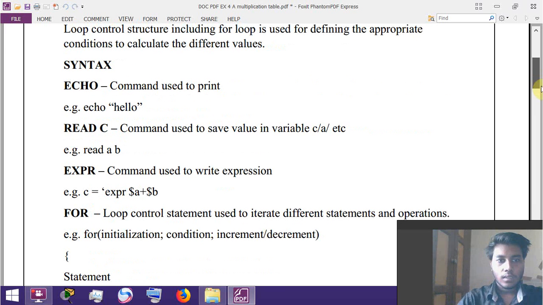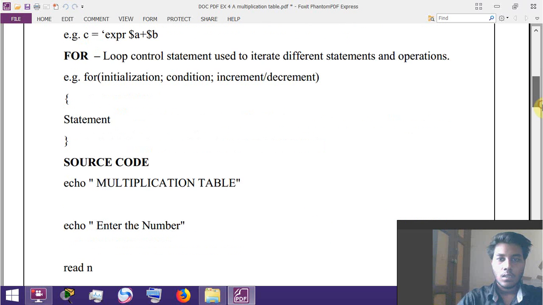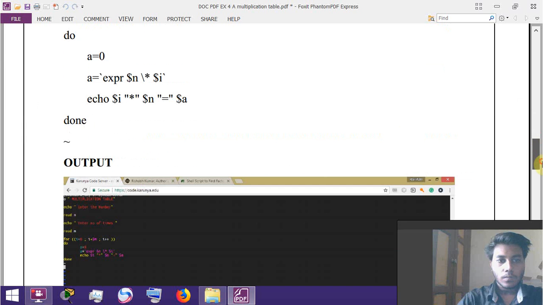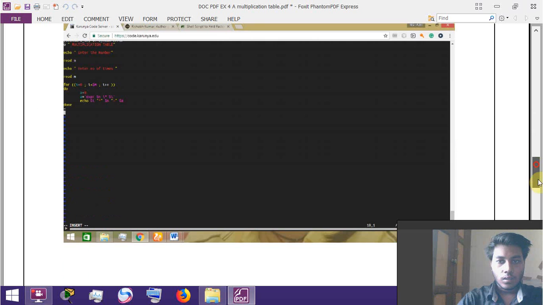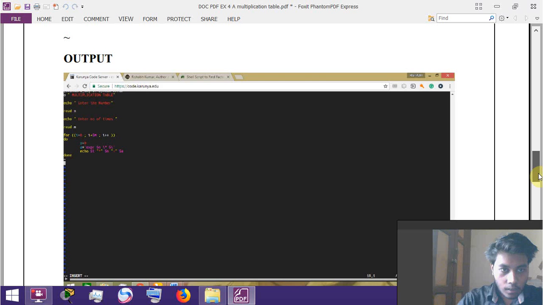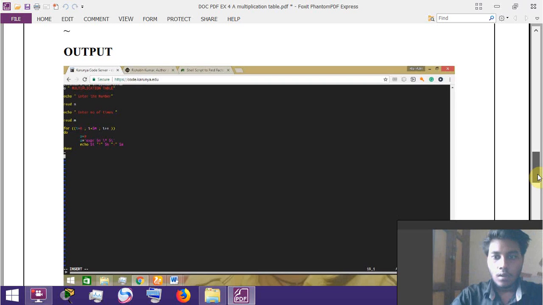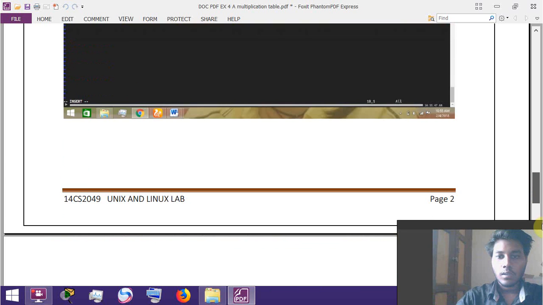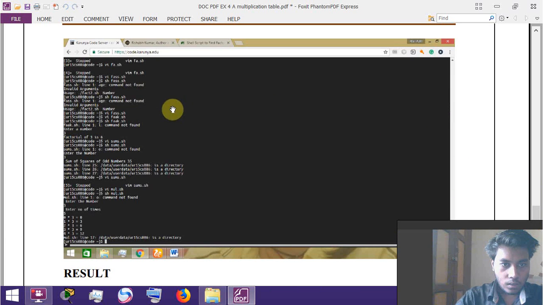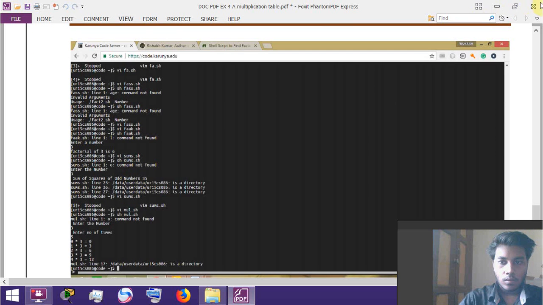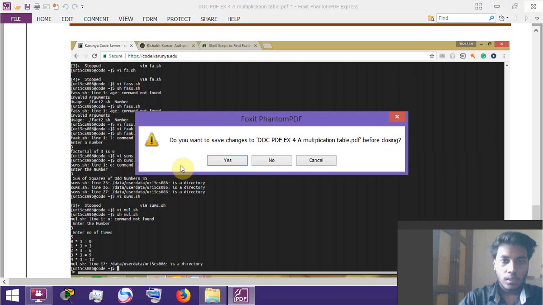This is the syntax given: echo, read, expr and for etc. are used. This is the source code as shown. It is the output, that is enter the number of times it has to be multiplied, etc. All have to be given as input and the output is displayed as shown. So this is the first program. For the second program,